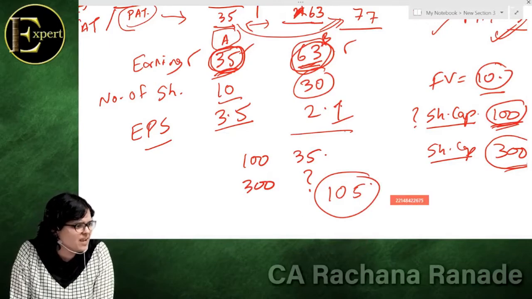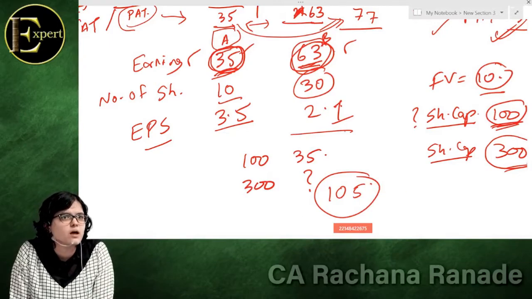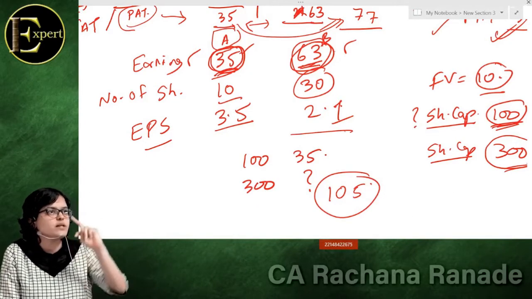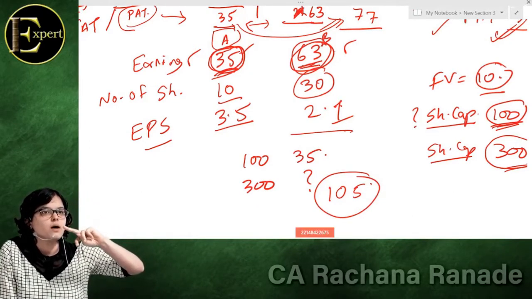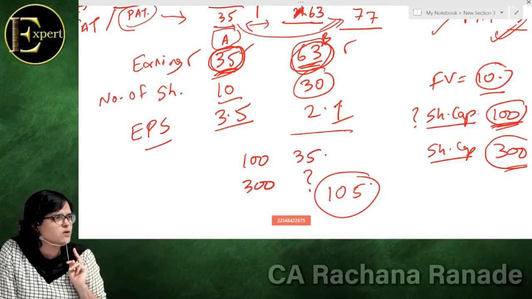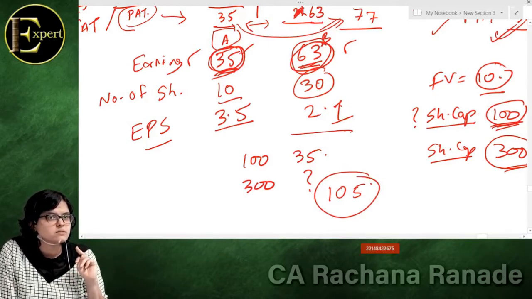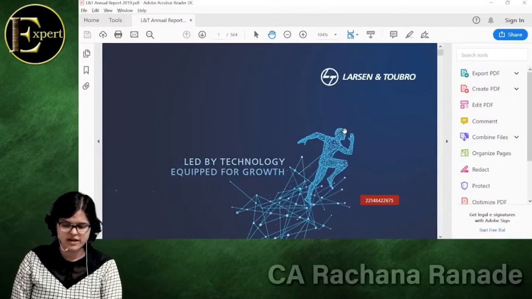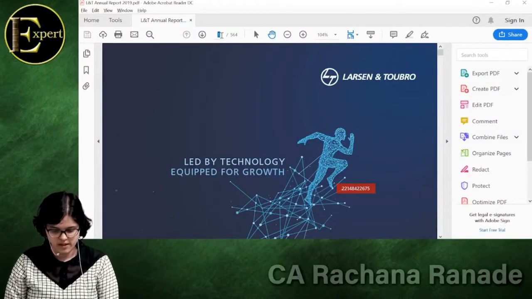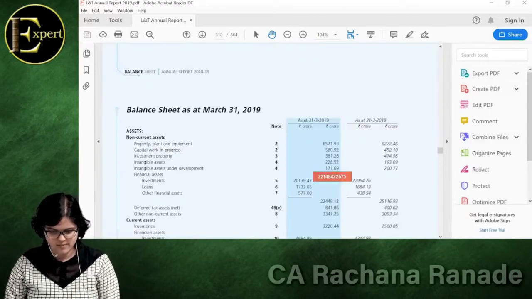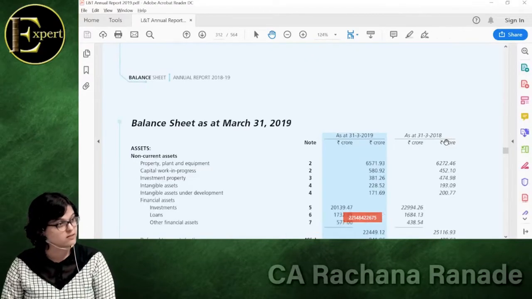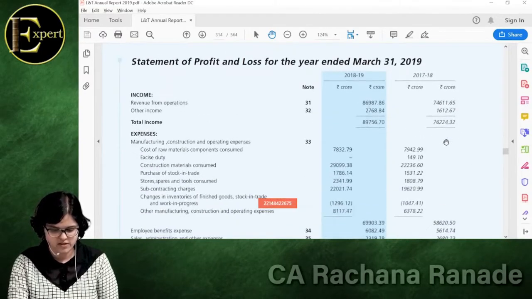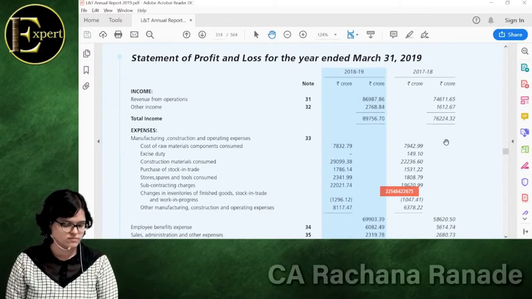Why did we calculate EPS, by the way? Because we are talking about PE ratio. And in PE ratio, there are two parameters. One is market price, which we can get from Moneycontrol. And EPS is what we calculated right now, earning per share. But I'll tell you, still our headache is reduced by a major chunk. Why? Can we get this figure ready-made, earning per share? And the answer is yes. This earning per share figure is very clearly given in the profit and loss account.